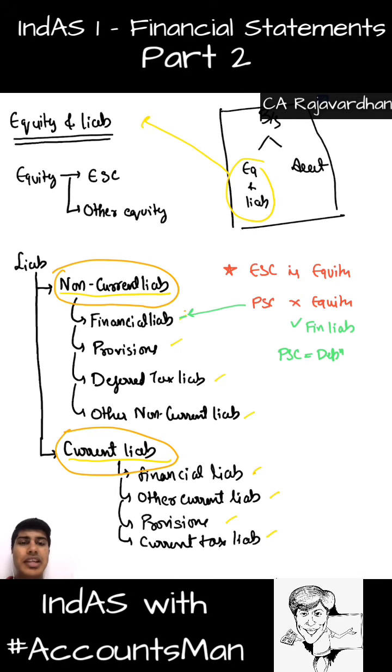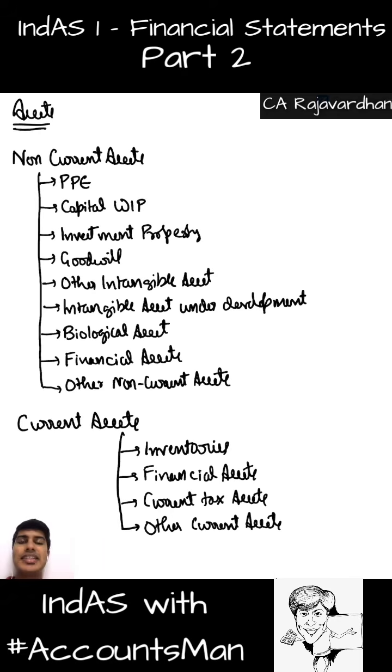So now we're done with the equity and liability part. Let us now discuss the assets, as to what exactly you mean by assets. So assets in the balance sheet, I told you balance sheet will have equity and liability and assets. So we are right now discussing what exactly you mean by this word assets.